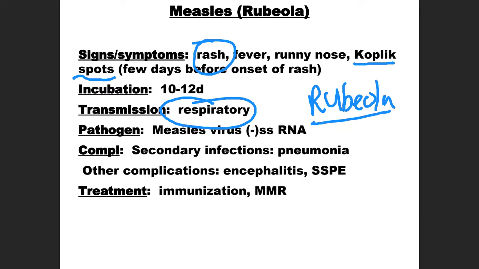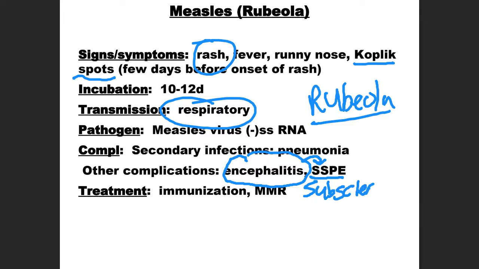Some other complications that can occur, and this is again why vaccination is so important. If somebody hasn't been vaccinated against the rubeola virus, and they get infected, in some cases it can spread to the brain and cause a very severe form of encephalitis, which is a really bad brain infection. The type of encephalitis that it's referred to is as SSPE. This is kind of a mouthful. You can just remember SSPE for short, but SSPE stands for